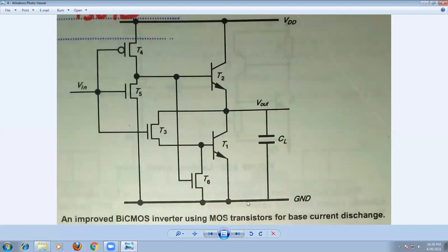Compared to CMOS technology, the complexity increases here. So how do we draw the diagrams? For this we have a very simple technique to draw any logic function in BiCMOS technology. There is no need to memorize the circuit. We will see it in the next slide, where we go for the block diagram of the BiCMOS technology.